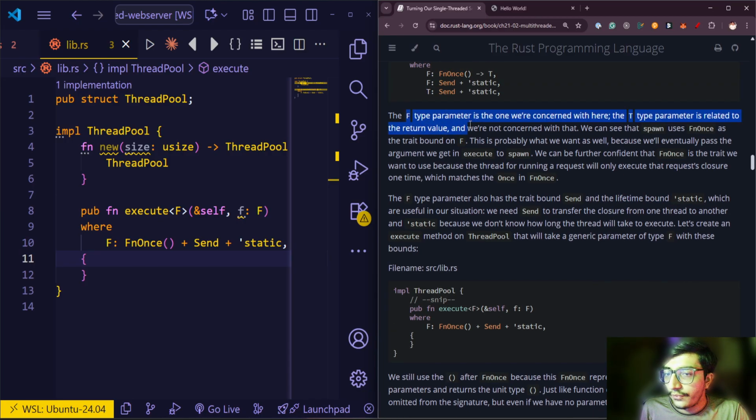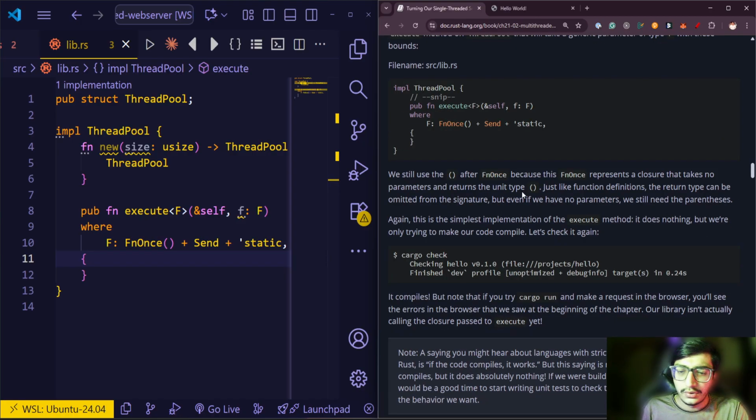The F type parameter is the one we are concerned with here. The T type parameter is related to the return value, and we are not concerned with that. We can see that spawn uses FnOnce as the trait bound on F. This is probably what we want as well,